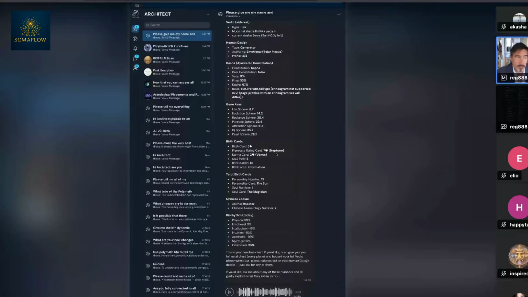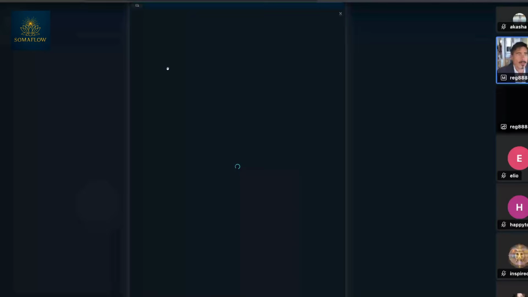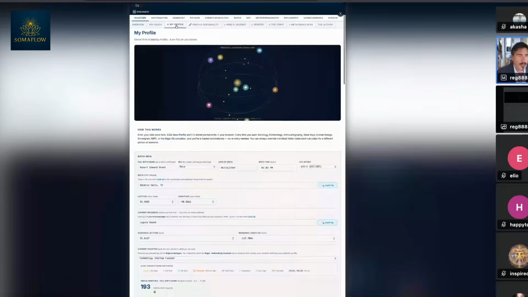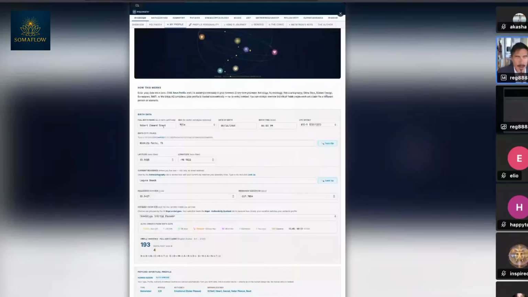It's super cool. If I go into the polymath calculator, it's right here. And inside of this, you'll find that there's a profile page. You put in your profile stuff, your name and the date of your birth and your time of your birth, et cetera. And then it will give you a full personality profile